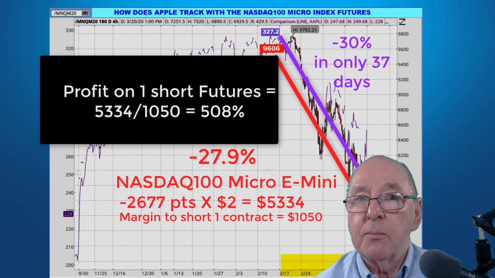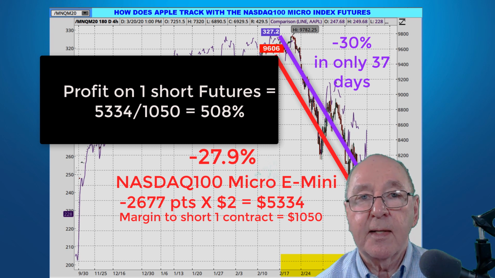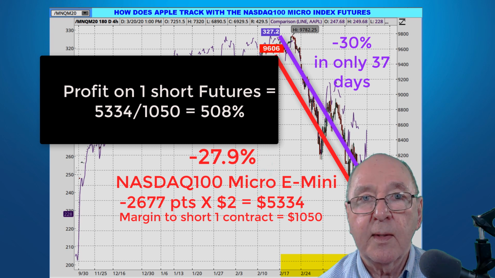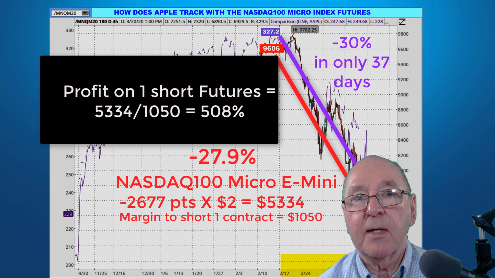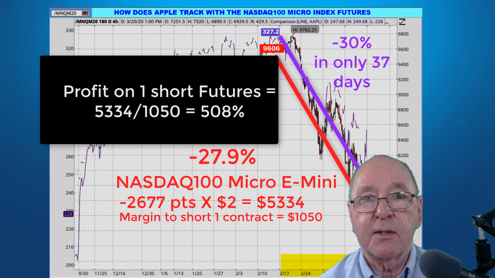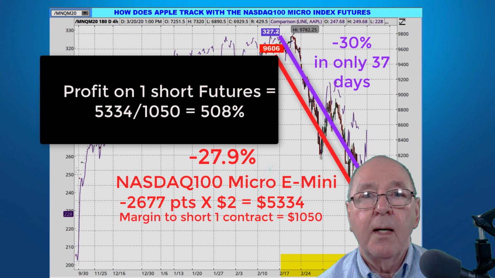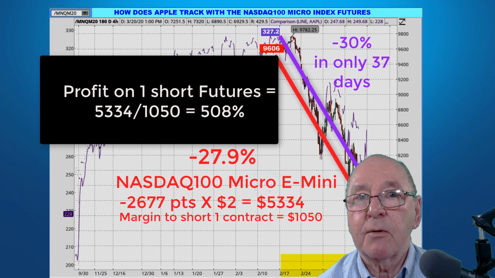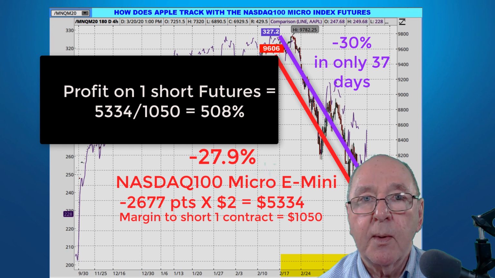Now, you must understand here, I'm not suggesting that you're going to make this kind of money, and especially not at first and right away. You have to be very careful trading. As I go over in my book, I have an entire chapter on the psychology of trading, and another chapter where I explain exactly how to do what I recommend, which is 25 successful practice trades before you ever risk a dime of real money.